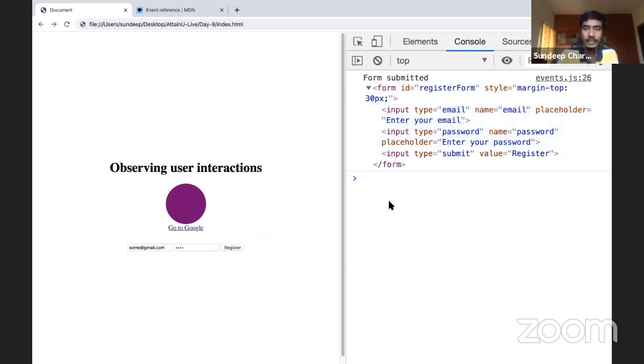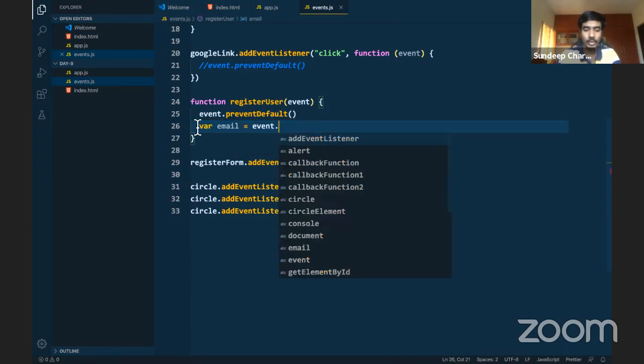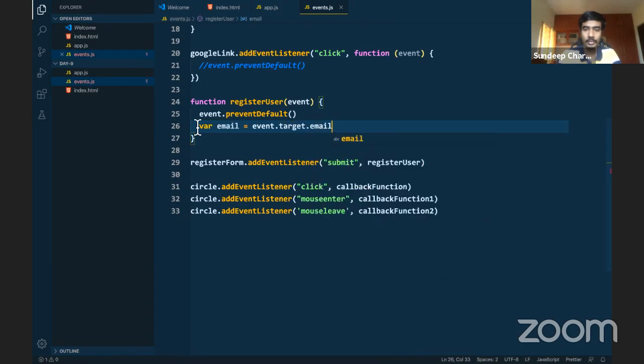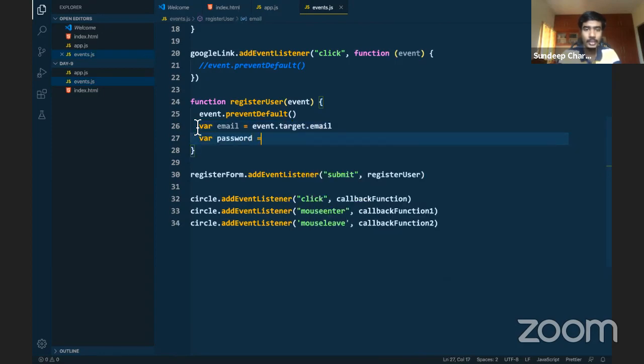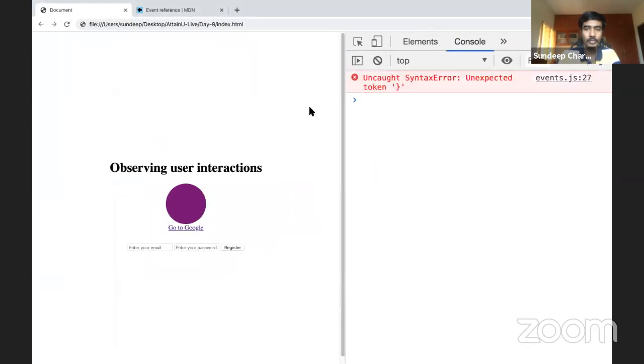So all we can do is we can say event.target.email, and that stands for this input tag. Event.target.password, that stands for this particular input tag. And that is why I told you to have the name property inside your HTML elements. So let's do that. All I have to do is just create var email is equal to event.target.email. That's it. And password as event.target.password. All right. So now if I console log these email and password, and if I reload it,